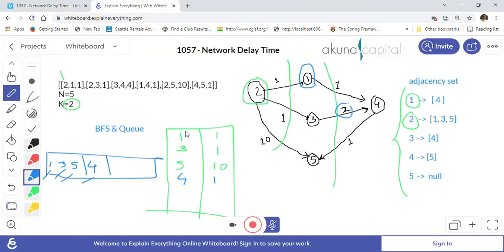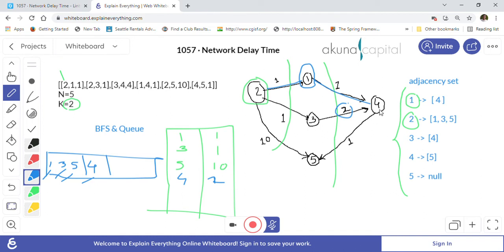So now in this case, for example, if we are going 3 to 4, the distance will be 1 plus 2, which is 3, but our previous distance that we visited from 1 to 4 is actually 2, right? 1 plus 1 is 2. So the 2 is lesser than 3, so we will not be visiting it because it is more than what we had already seen. So after that, in the next level, we will take out 4